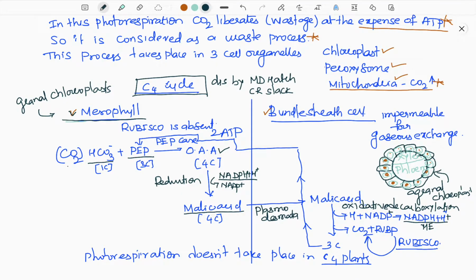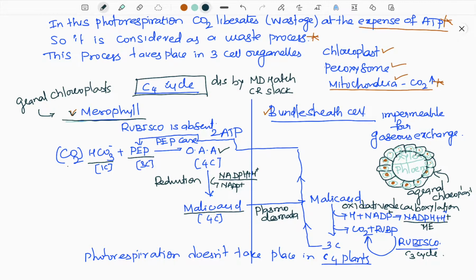Now what happens? Decarboxylation, that is loss of carbon dioxide. This carbon dioxide is accepted by RuBP to take place the C3 cycle in the presence of Rubisco. So the C3 cycle in C4 plants takes place in bundle sheath cells. The hexose formation takes place in C4 plants in bundle sheath cells. So here one RuBP accepts one CO2. Like that, if 6 RuBP accept 6 CO2, then one glucose molecule is formed as the net product of the